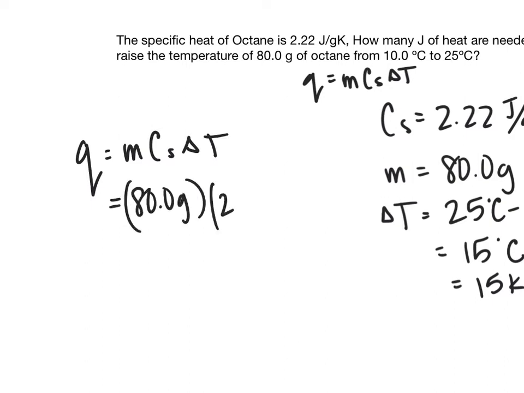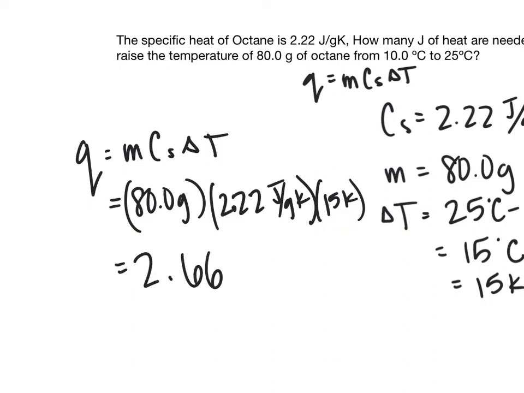Our C sub s is 2.22 joules per gram Kelvin, and our temperature difference is 15 Kelvin. And so in this case, when you plug it into your calculator, you'll get 2.66 times 10 to the third